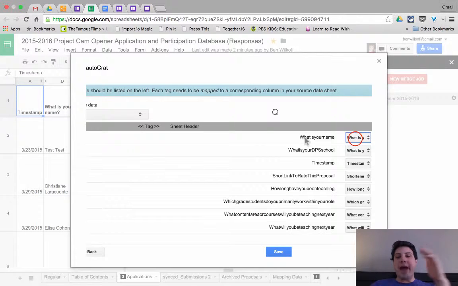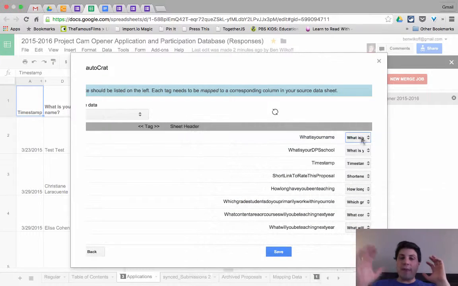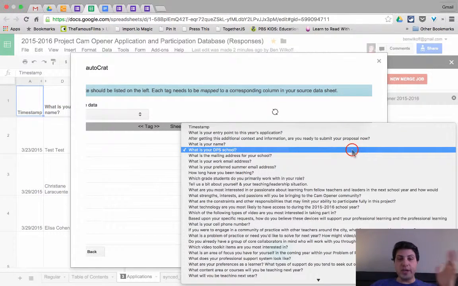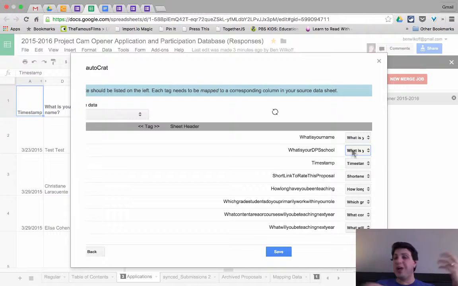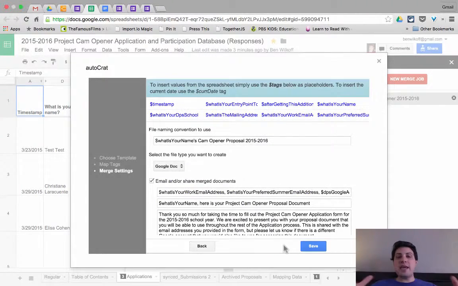So now we need to map it to the question from the form, because you've got to map the document to the spreadsheet, okay, to do the merging. So "what is your name" maps to "what is your name." "What is your DPS school" maps to "what is your DPS school." And as long as you keep them the same, it's very, very clear what they should be. Once you've done all of your mapping, and I've got all of mine set, I can save that,